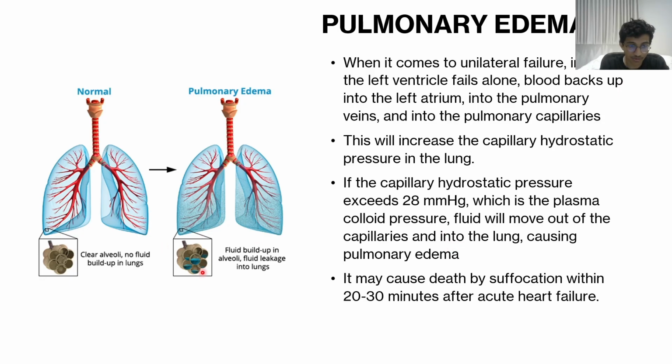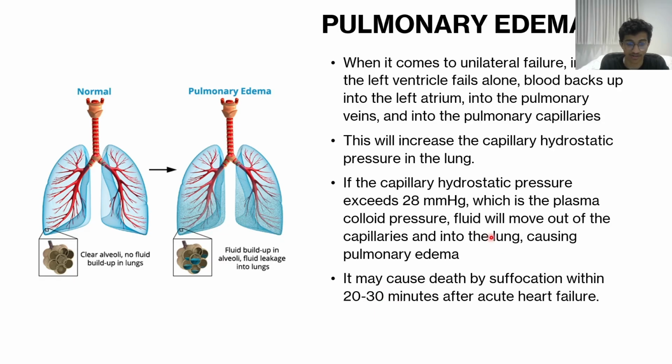If you see here, more fluid enters the lung, and it will cause death really quickly, within 20 to 30 minutes, immediately after acute heart failure. So if a patient has acute heart failure, in the left ventricle specifically, they might drown in their own fluids